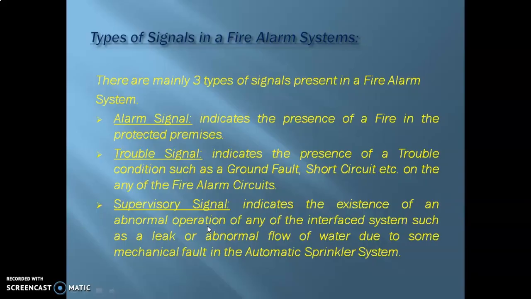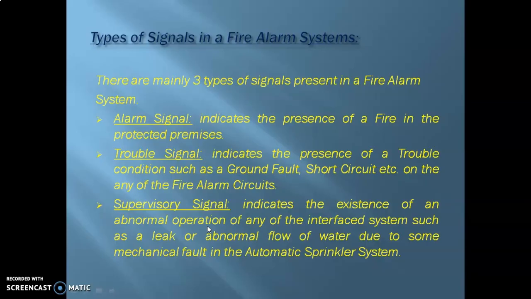Okay, now what happens is that basically every time one of these devices initiates an alarm by detection or by manual means, these devices tend to send a signal to the fire alarm control panel, which then initiates the appropriate response, normally which could be the activation of a suppression system, or along with notification devices, or just the notification devices, or a mass notification system, or whatever is interconnected as per the requirement of the project, indicating that there is an existing fire alarm condition within the protected premises. So that's about the alarm signal.